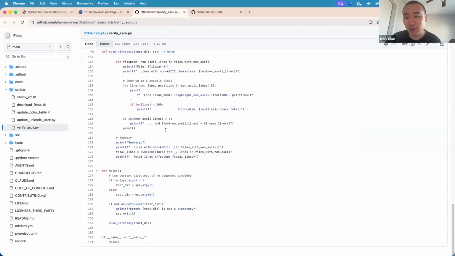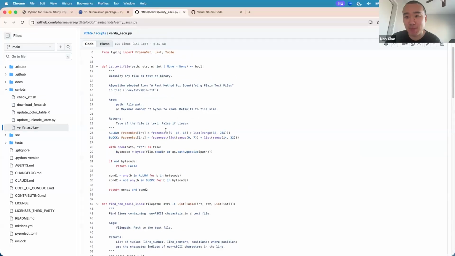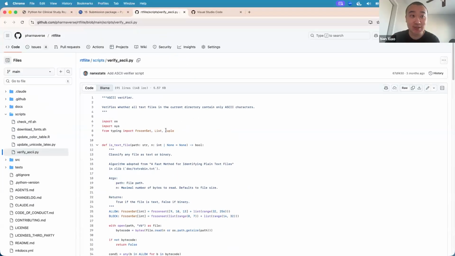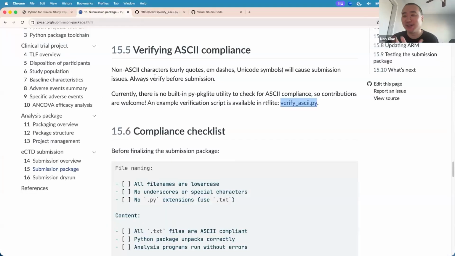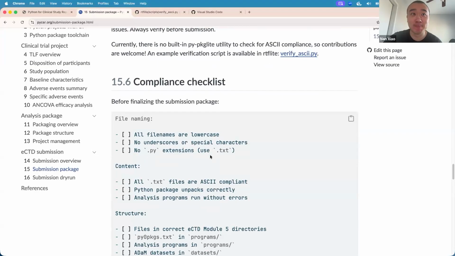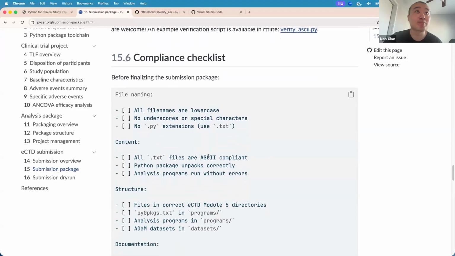So just in case you are interested in getting this formalized into a standard reusable function in rtflite or pkglite, please consider contributing to these packages. Oh, by the way, they're all licensed under the MIT license, so you'll be able to use them freely.